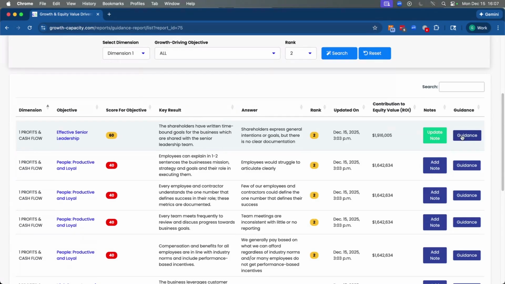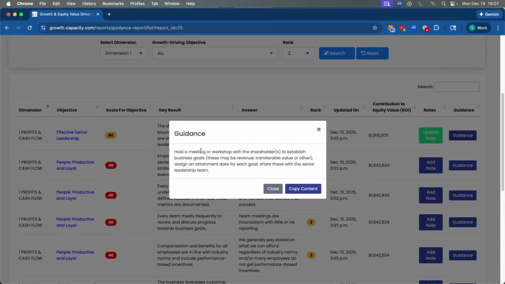And you say, well, how the heck am I going to do that? Well, you're going to hold a meeting or workshop with the shareholders to establish business goals. These may be revenue, transferable value, or other. You're going to assign an attainment date for each goal, and you're going to share them with the senior leadership team. So it's a step-by-step